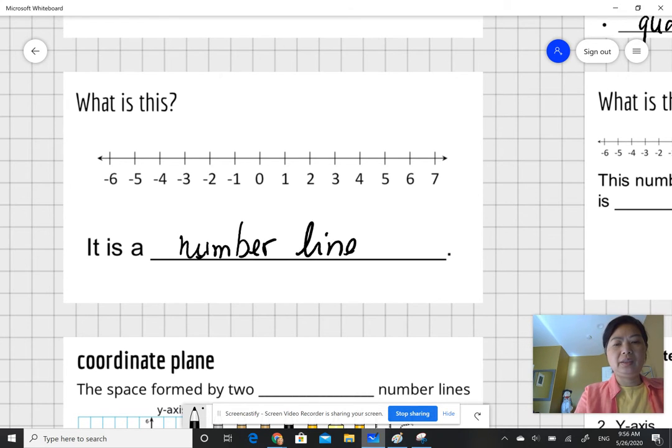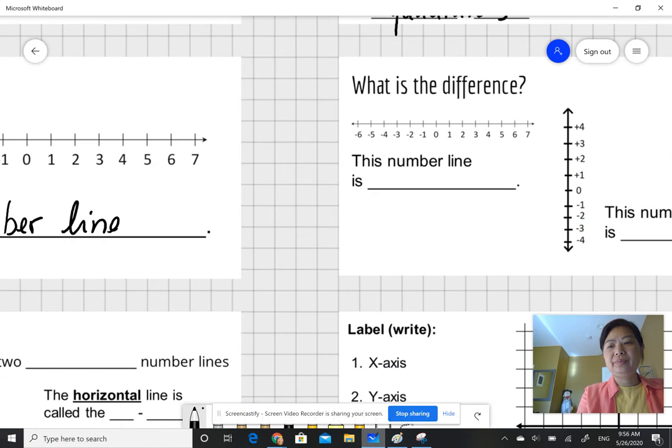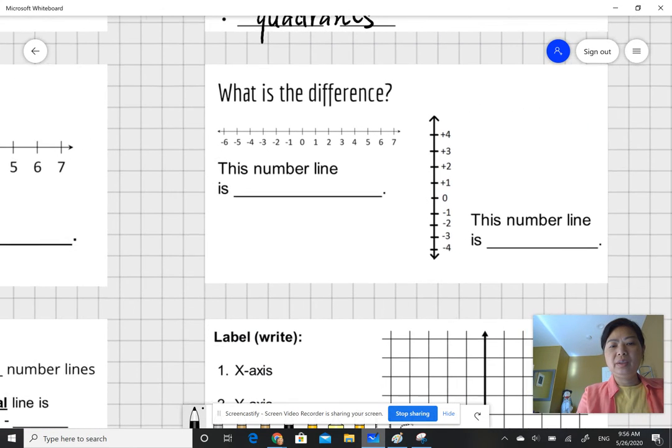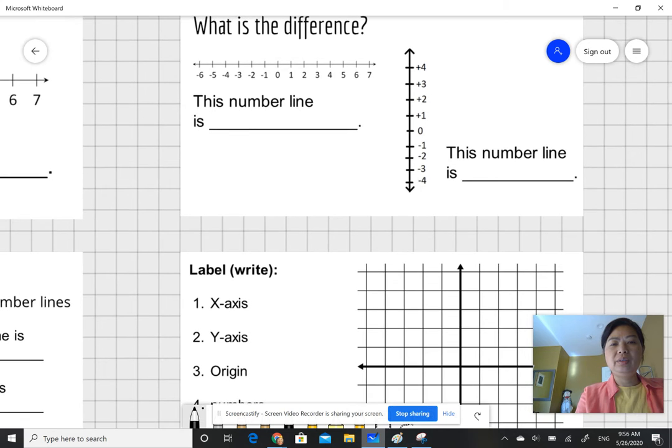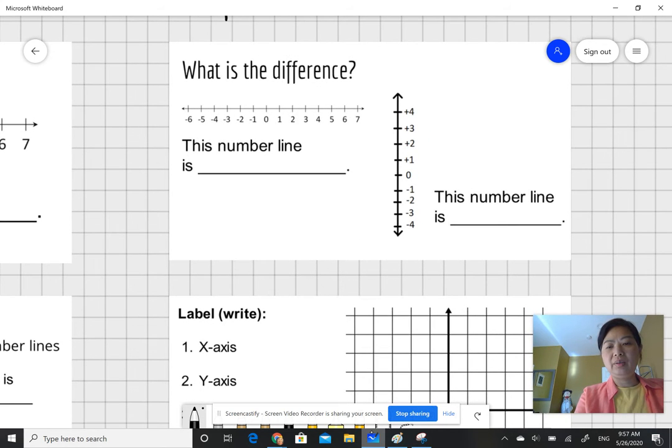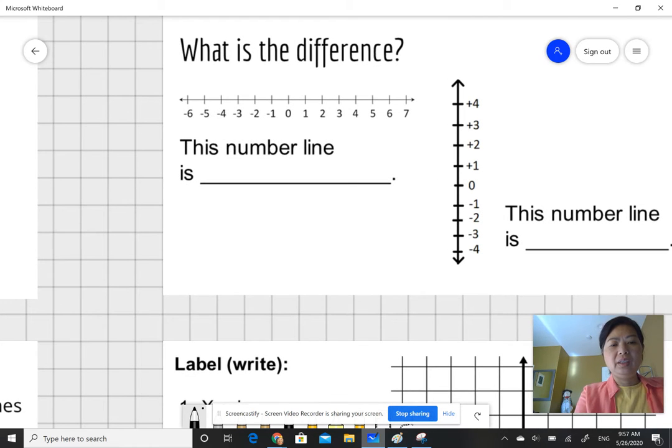A line with all the numbers on it, we call those integers. You have negative integers, 0, and then positive integers on the right. So you also see the number line that goes up and down like this, right? The first number line that we normally see, this way from left to right, is called